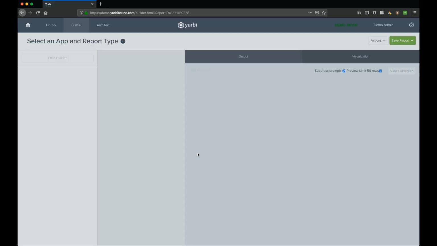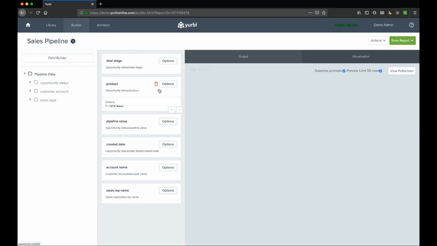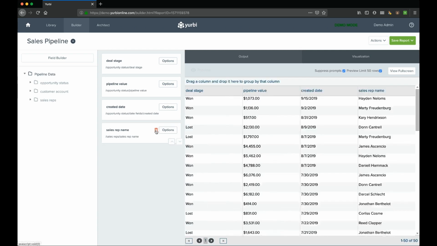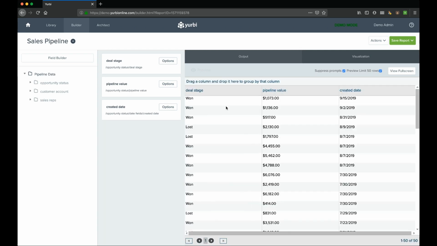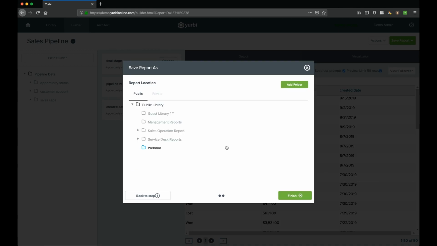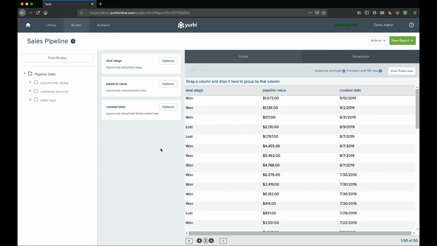Now let's do another one where we're going to delete a couple fields. I'm going to delete product. Let's delete account name, and let's delete sales rep. So I've just got these 3 fields left in this report. Let's save as, and I'm going to call this one missing fields. This will make sense when you see them in use with the dashboard filters, but I'm just going to show you, make sure you're clear on all the different things we're doing here. And then let's make one more